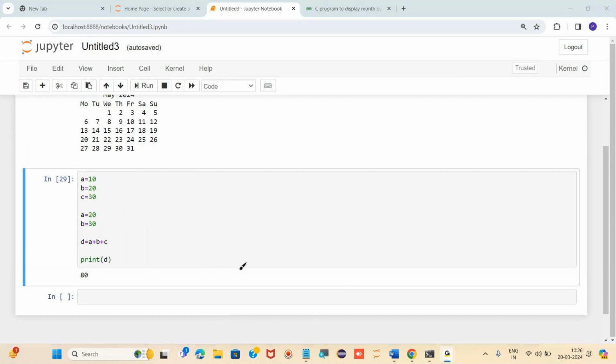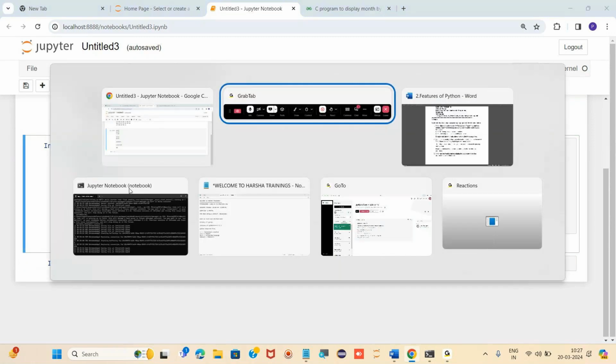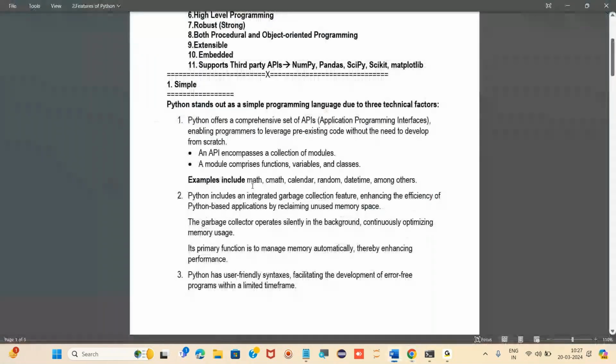So this is where we have the garbage collector. It collects these two unused memories. Every programming language has its own garbage collector. Whatever unused memory is there, it will collect.